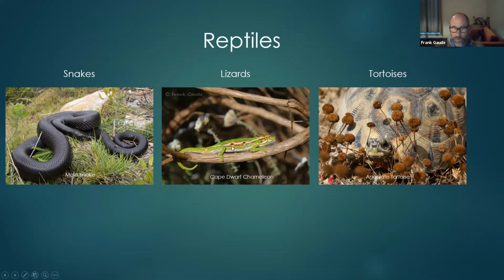Lizards, of course, again, a chameleon, they're the best. Then out of the tortoises, I think we only have 4 species here in the fynbos biome. The most common one is the angulate tortoise. One sees that a lot. All right. Just quickly, the 3